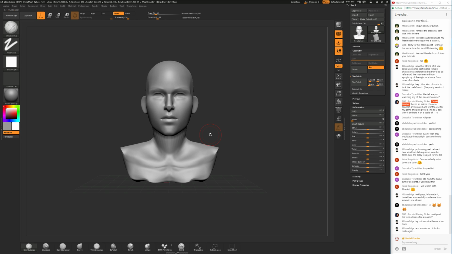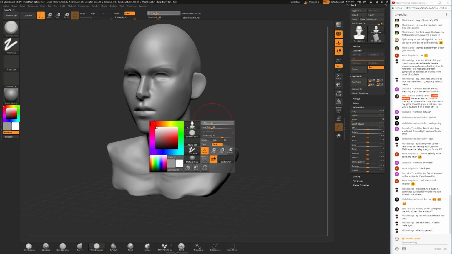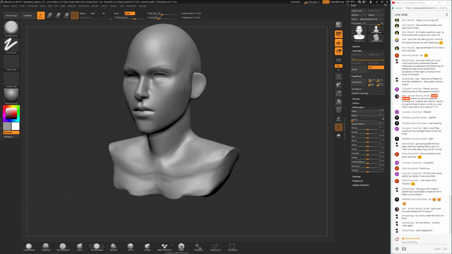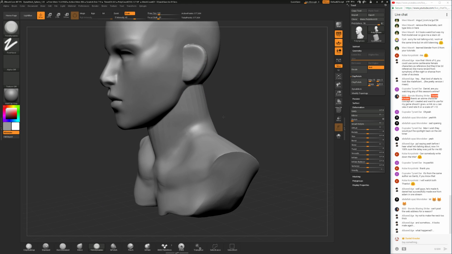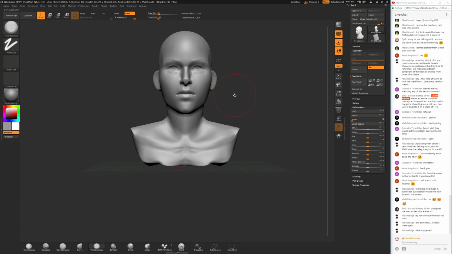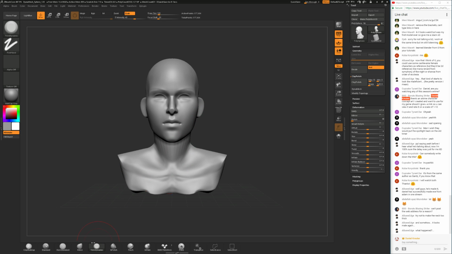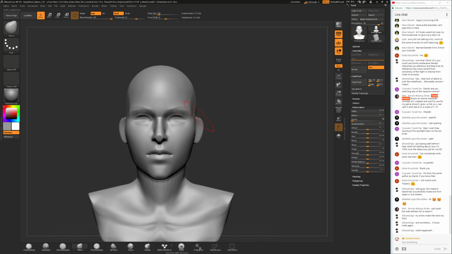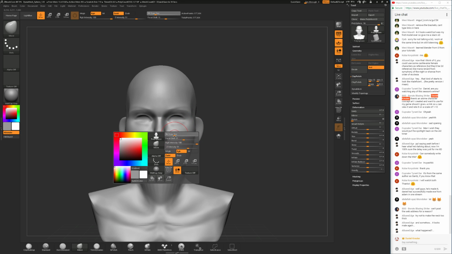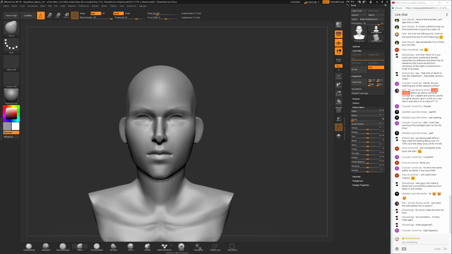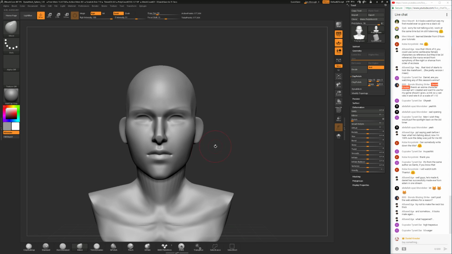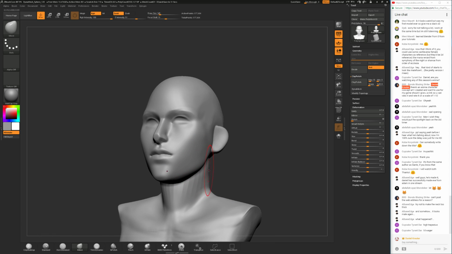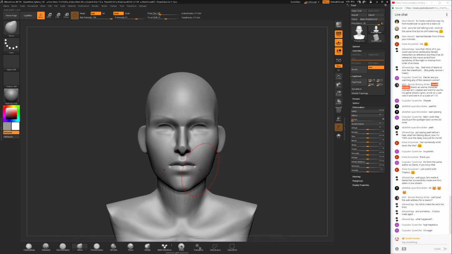And somehow I'm back to a male-looking character. Thanks, Albane Edge, for pointing that out. What happened? You tell me what happened. I didn't touch the face. Oh, actually I did. I messed it up, didn't I? Let me get this right. Once again.